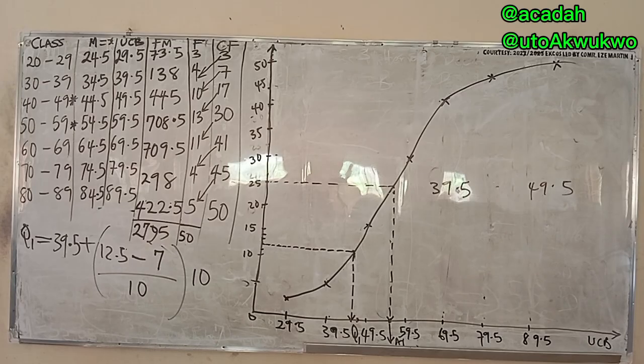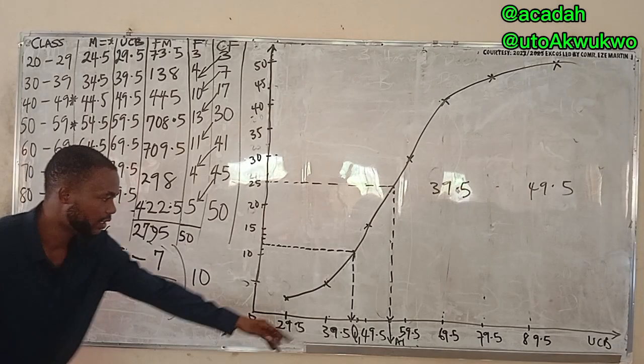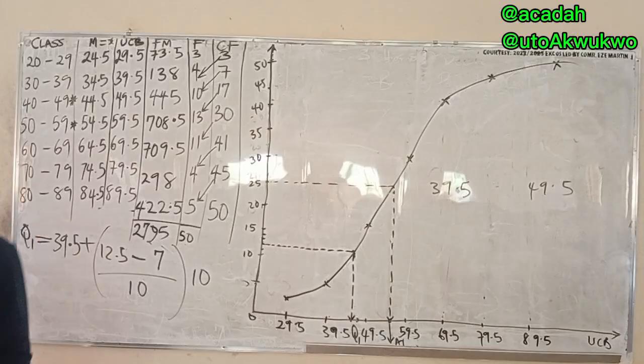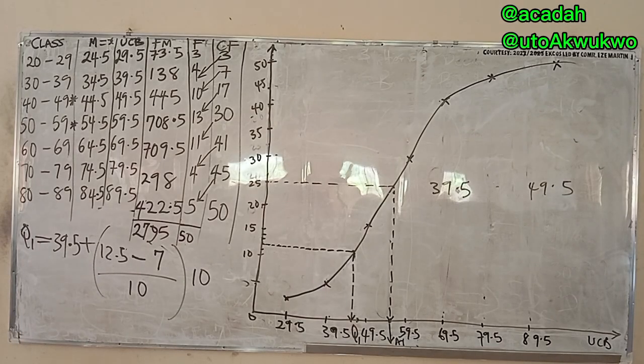We've not got Q1 now. What we got before was Q2, or you call it median. That one that we saw first, the one we saw here is median. So what we are doing is like two things. We are saying when we are using graph to solve it, and when we are using the formula to solve it. In order to use the formula to solve it, we need to go to this graph part or this drawing part and locate the class.